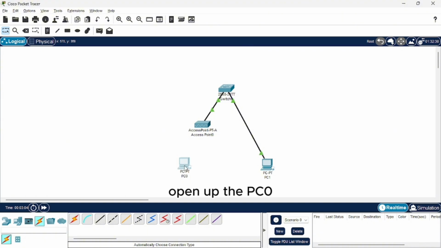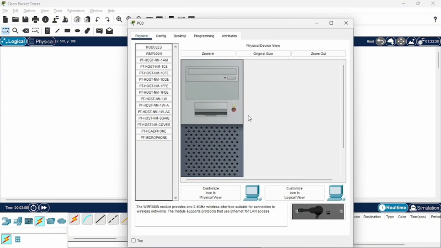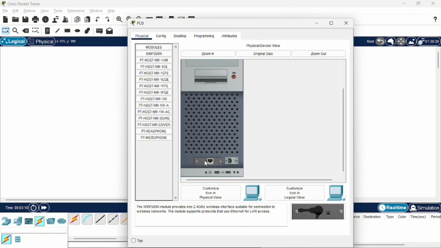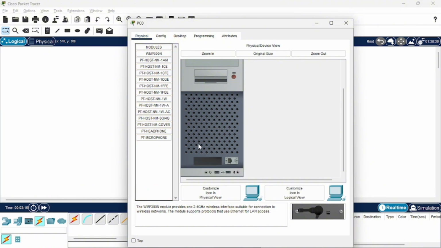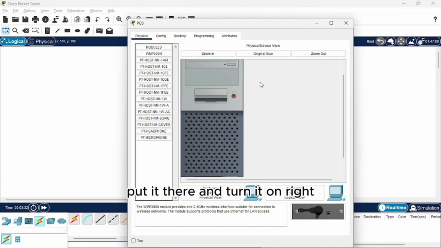Then after that we're going to step 3, change the wireless module. Open up PC0, turn it off, scroll down, and take the already inserted default device out. Here in the 2.4 GHz frequency you basically need this, right? WMP300N. Just put it there and turn it on.